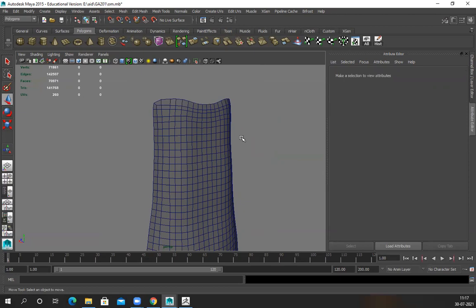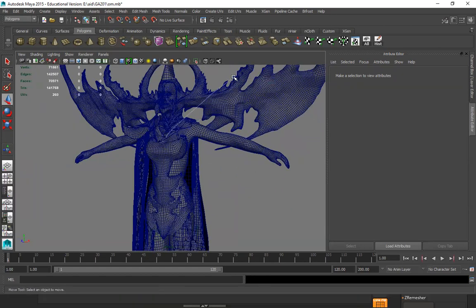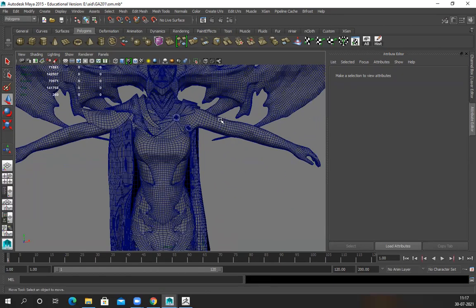No sir, but why is that? What is the difference, sir? There's a huge difference. It's not animation friendly. Suppose this is my model and I want to animate it, and the entire model has a lot of accessories.